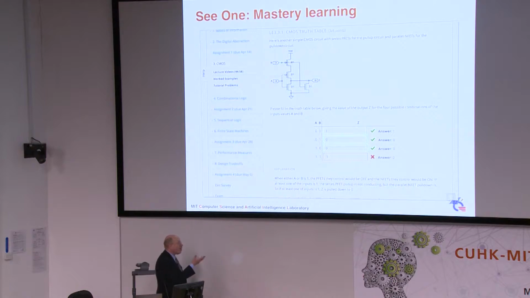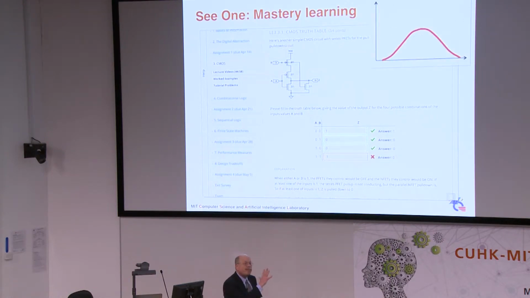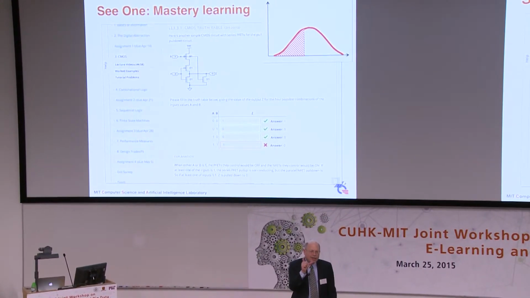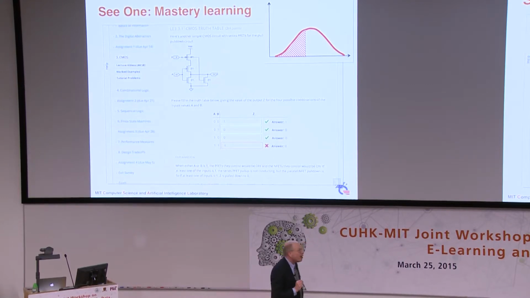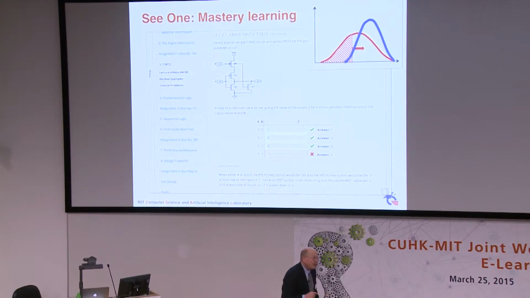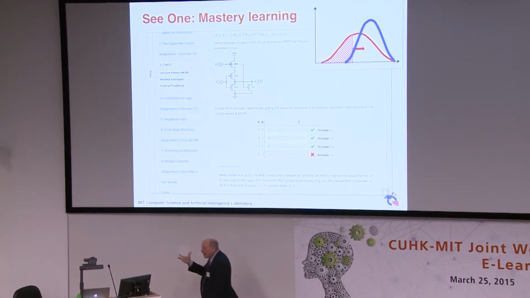Our big goal, or one of our big goals, is to achieve mastery learning. Mastery learning is the idea that you're going to work on a concept until you've got it. Here's the standard bell curve showing the grade distributions in a standard class. Our goal is to take the people who don't do so well on those assessments. It wasn't that they're dumb. It's just that they didn't get that particular concept in the 5 minutes I talked about it. What we want to do is take those students and figure out how to let them master the material at their own pace, and hopefully, collectively we'll all do better.